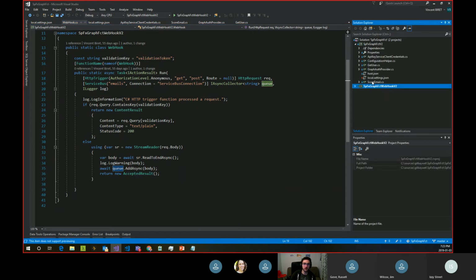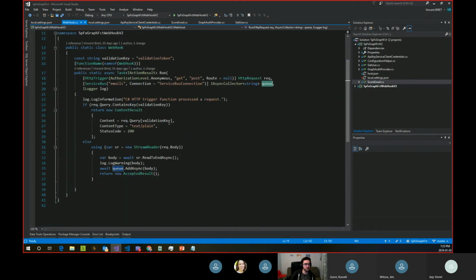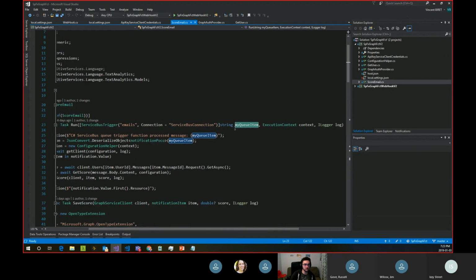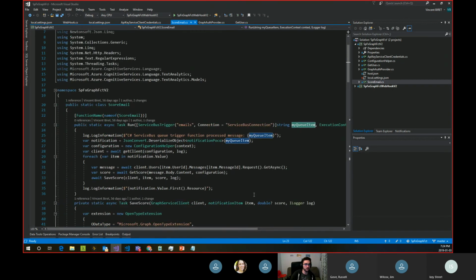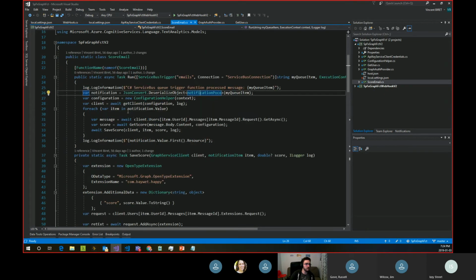Then the second part is in that other function project. I have the first function, which is called ScoreEmail. Here it's going to trigger on a Service Bus message. The same Service Bus queue that we were writing to just before, it's going to react to messages coming into that queue. It's going to give me right away the text of a notification as a string. With that, I can deserialize the object. Then I can get a Graph client, and I'll explain that later on,